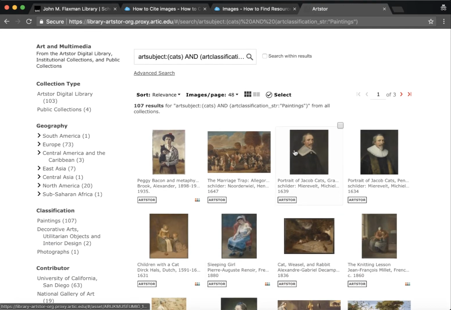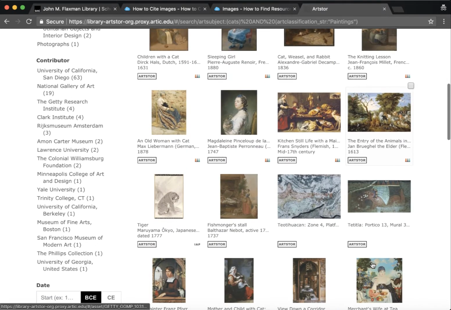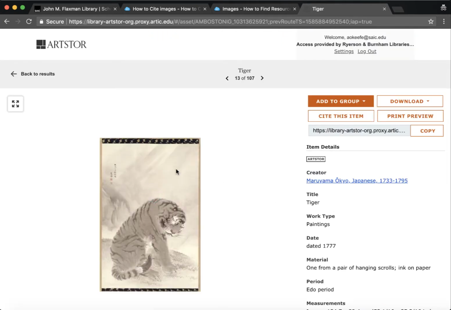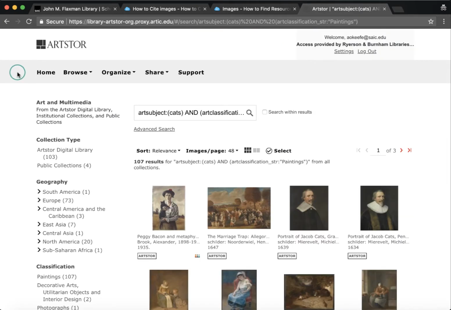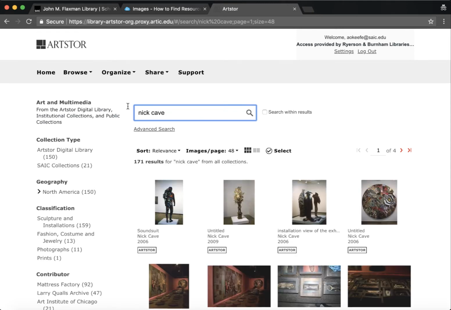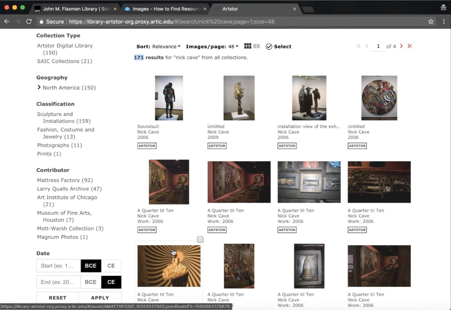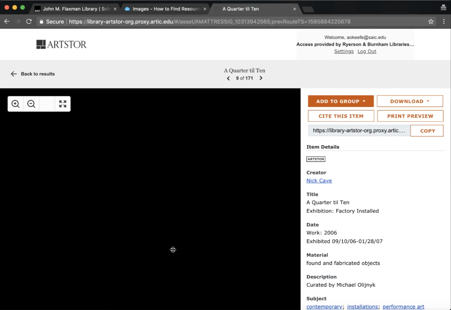So again, there's some people whose last name is Cats who are the subject, but we're getting a little bit more relevant results with cats featured in them, which is helpful. But if you know a specific artist you want to look up, it can be particularly useful. In this case, we get 171 results, but the nice thing about Artstor is they are all high quality images,